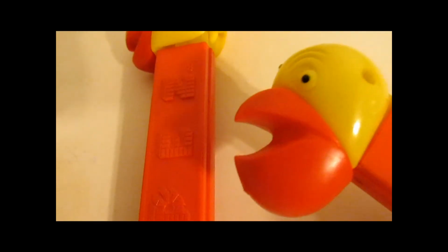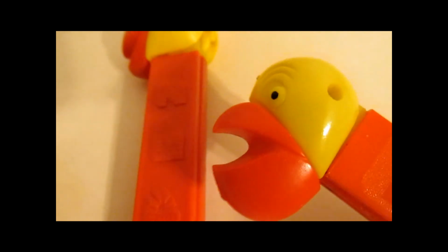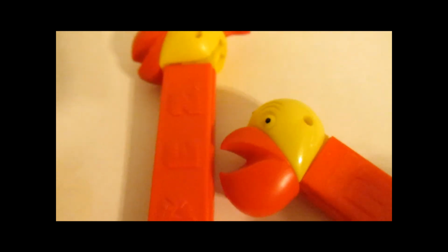Really good paint on that Pelican. Mighty fine looking Pelican. So until next time...